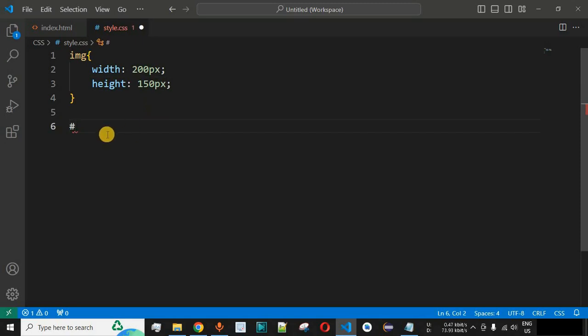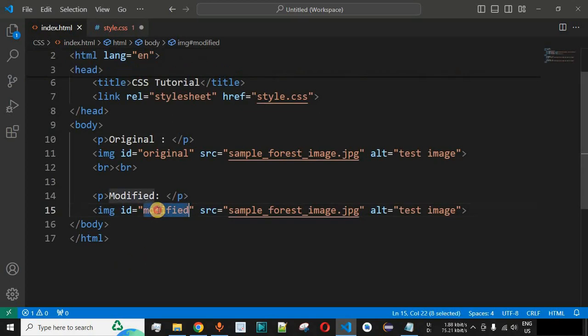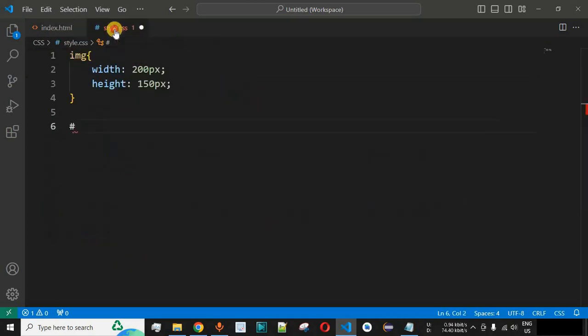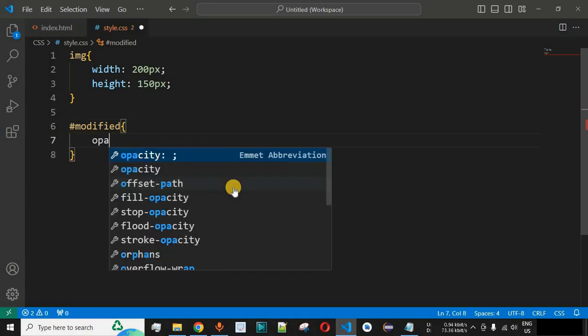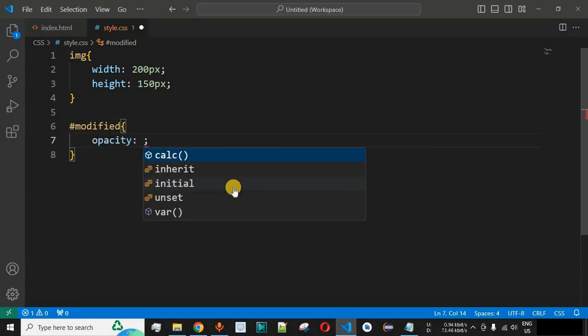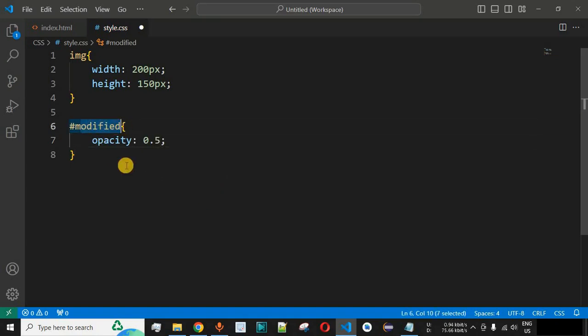So simply we are going to provide the hash character, and for the modified ID, we are going to copy this modified ID and paste it over here, and we are going to provide the opacity as 0.5, that is the 50% of transparency. So basically for the modified image we are going to provide the opacity as 50%, that is 0.5 is the value, and for the original image we have not provided any opacity, for which the default opacity will be 1 in this case. So let me just save this file now and try reloading this page once again